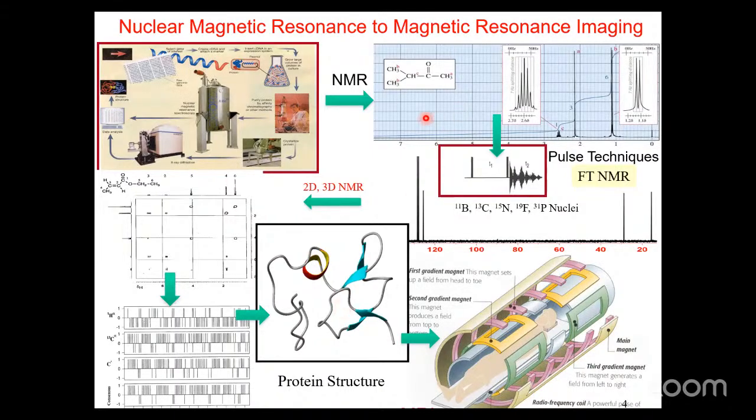Coming to the small molecules, I have shown at the right corner one H1 NMR spectroscopic technique as well as C13. So these two are there along with the 2D. 2D is also there. So all these techniques are very useful to get the structure of small molecules as well as the polymers. So this NMR is not only useful for the non-living or some artificial molecules, but you can